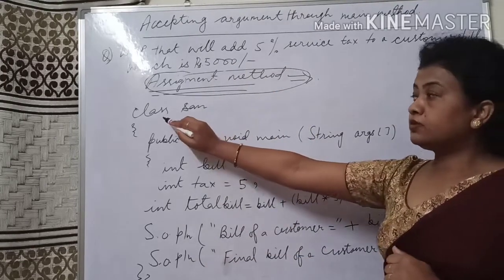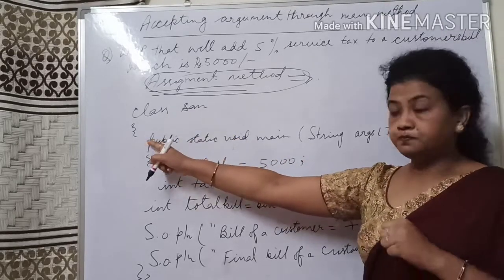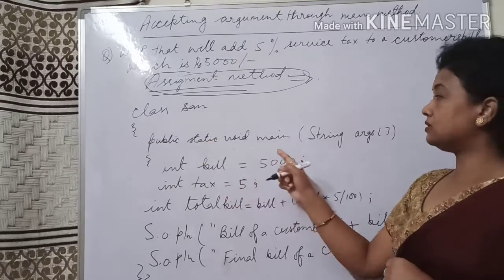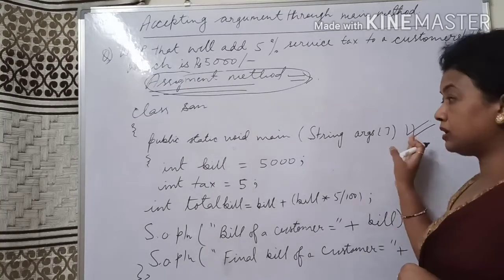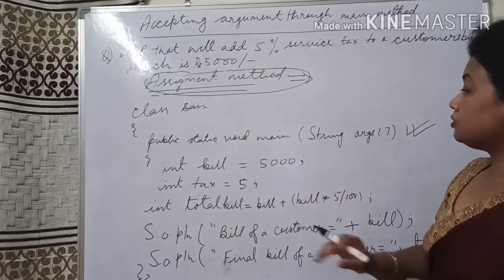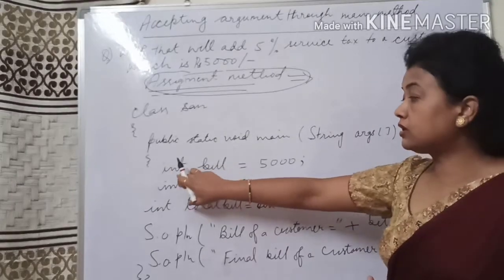While we start a program, you see, this is my class declaration, class Sam, opening of braces. This is my function statement, public static void main string args. Okay, this is the function statement. This is my main method because the main keyword is used here. Next, come to declaration of a variable. So this is the syntax of a variable.